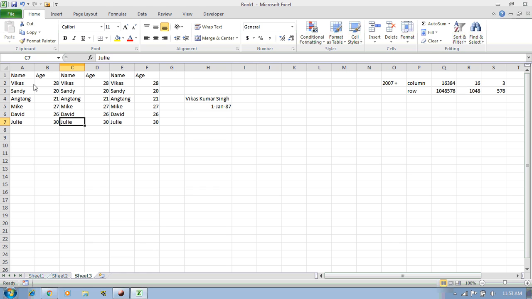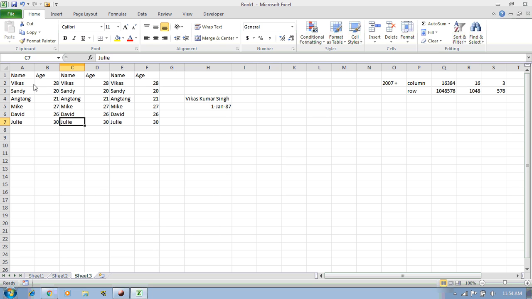If I want to go to the F column, either you can go one by one by pressing the right arrow, or if you want to go to the left or to the A column, then you will have to press the left arrow on your keyboard. And if you want to go directly to the left or the right end, you will have to press the left or right arrow with the Control key.